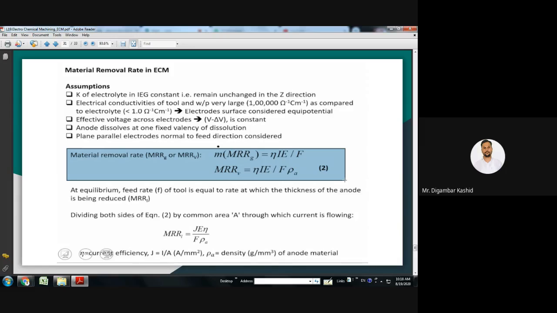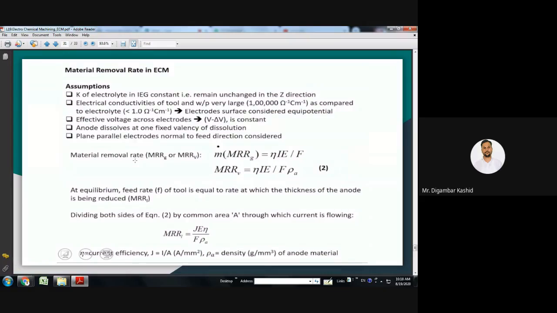Because in the GATE exam, numerical problems on ECM and EDM will be asked. So at that time I will teach you this in detail, how we got this formula and all these things. Got it? So this is about the electrochemical machining process.